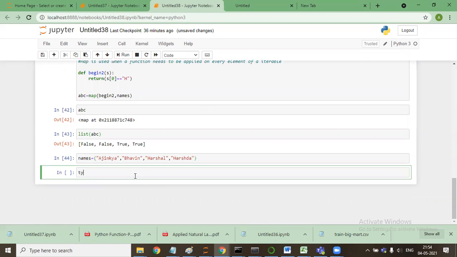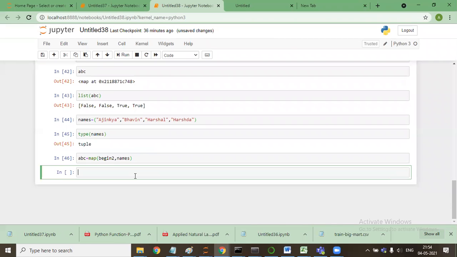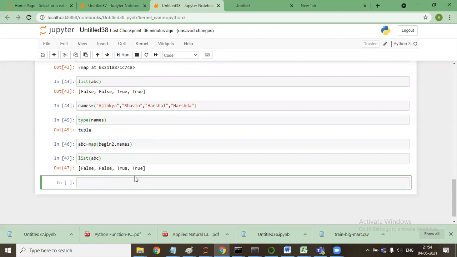I'll say this is a tuple. Now if I'll say... now also it's working.